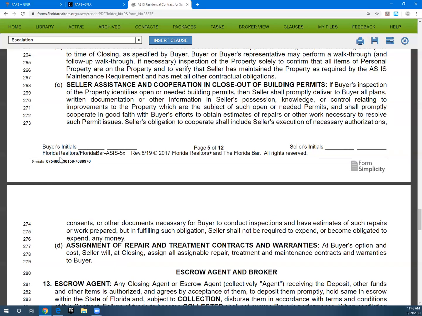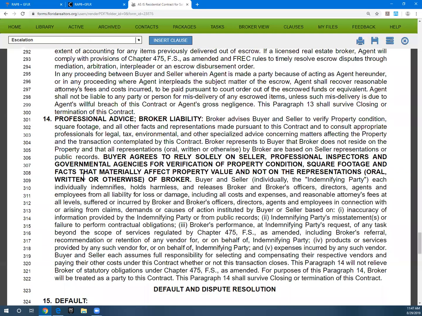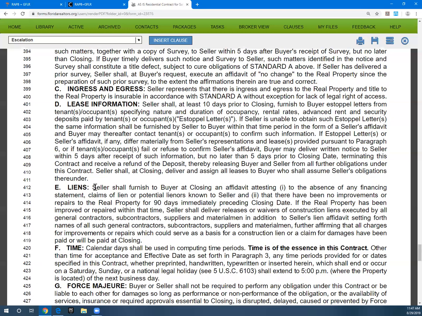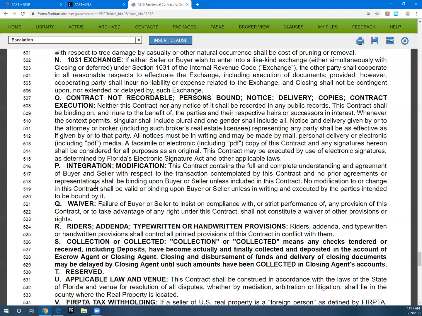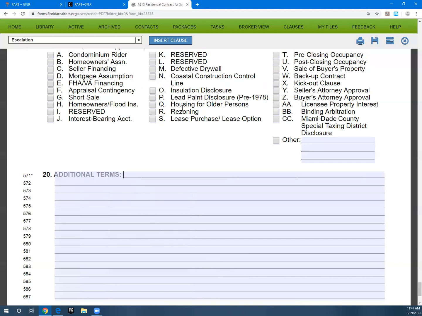But with this being said, building permits, code violations, liens, compliance notices, all of that kind of stuff could be a very offsetting and unpleasing occurrence for your buyers. So there are some clauses that we recommend you put into the additional terms, which I will scroll down and show you right now. If we go down to additional terms,